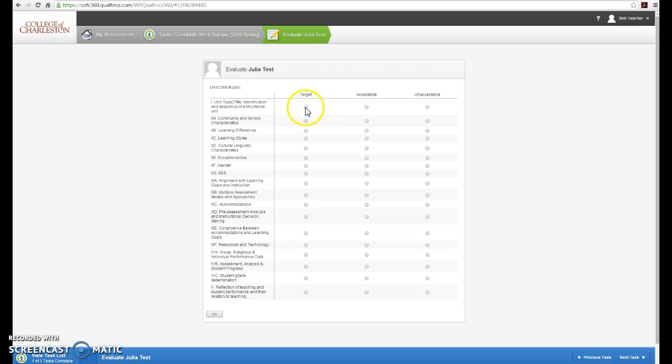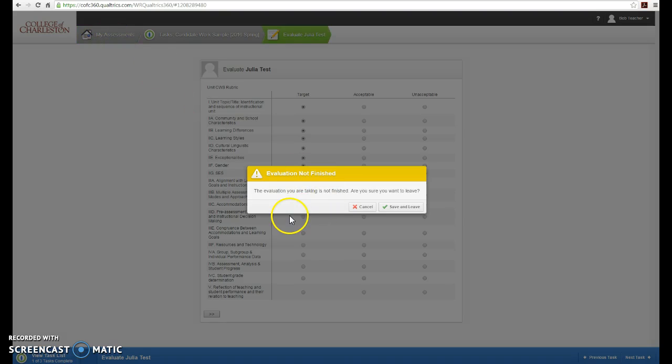And for this, I'd like to show you an example of how, if you're in the middle of an assessment and something happens where you cannot complete it, the best way to exit out of here and save your responses is to go to the My Assessment tab up top. If you get to this point where something happens, oh, I'm not going to be able to finish this, click on My Assessments, and you'll see a dialog box that pops up that says evaluation you are taking is not finished. Are you sure you want to leave? Make sure you click on the option that says Save and Leave. So if you click on that,